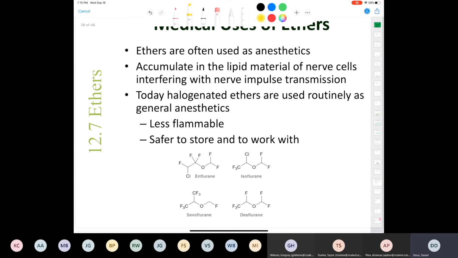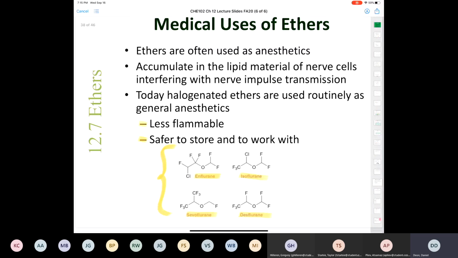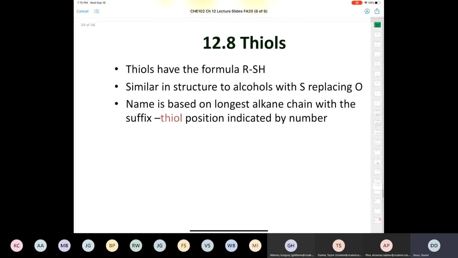Why have all these different ethers been developed? Well, it's because they're less flammable and they're much safer to work with. So we have enflurane, isoflurane, sevoflurane, desflurane. These are commonly used ethers that are used, again, as anesthetics nowadays. All right,